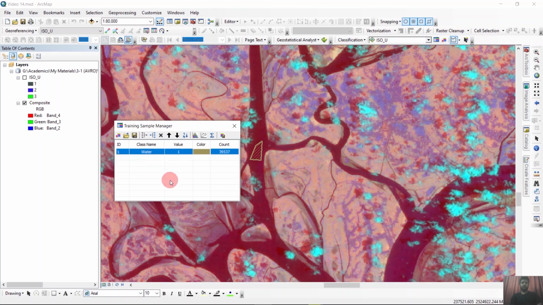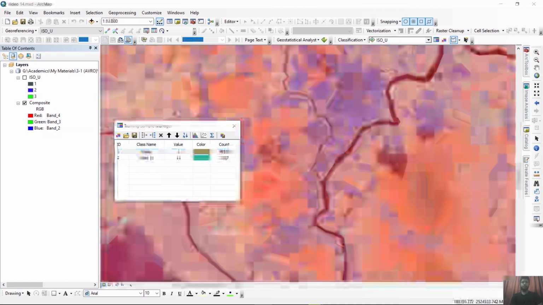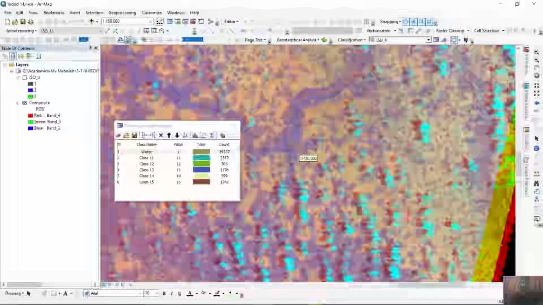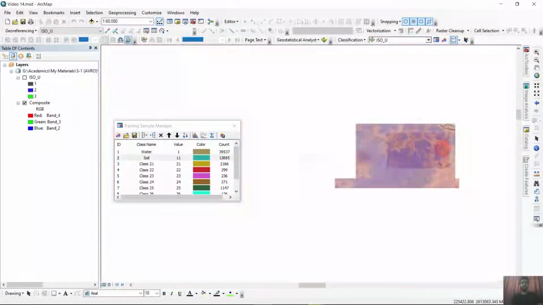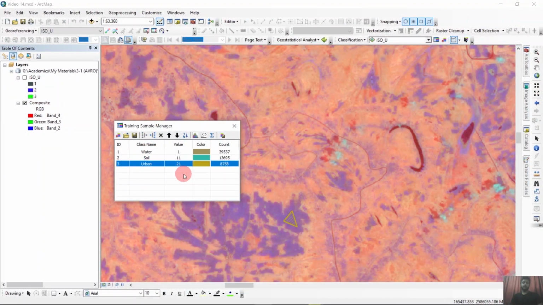Similarly, we will take two more classes in this process, and I will just fast forward the video. Now that we have taken all the polygons to classify our raster, and we have taken three classes here,